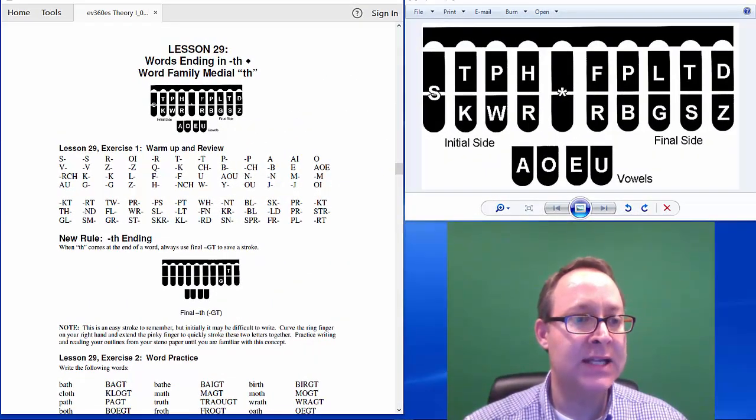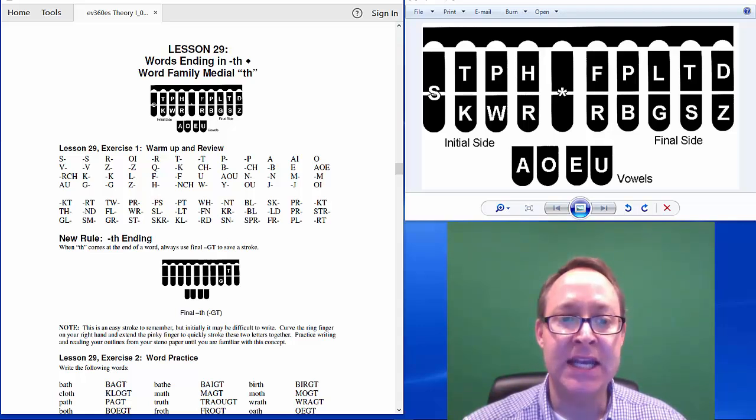Initial S, final S, initial R, oi diphthong, final R, initial T, final T, initial P, final P, A, long A, O, initial V, final V, initial Z, final Z, initial Q, final K, initial CH, initial B, final CH, final B, E, long E, final IRCH, initial K, final K, initial L, initial F, final F, U, long U,